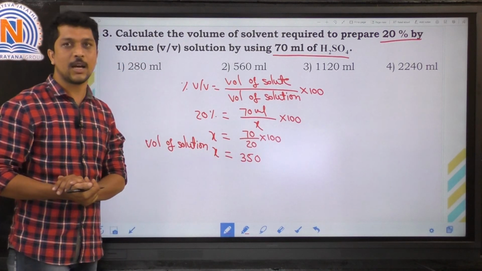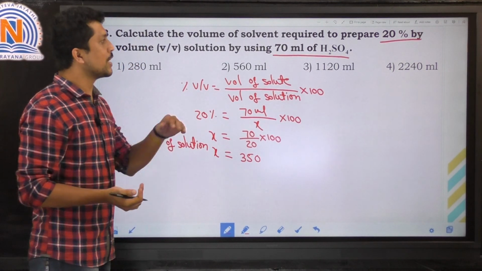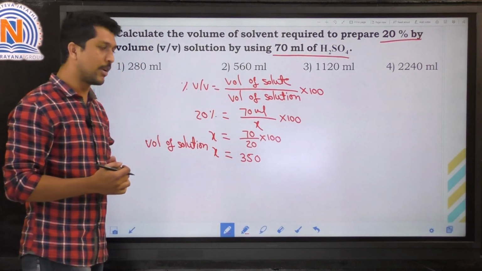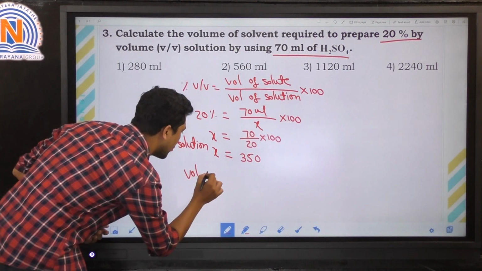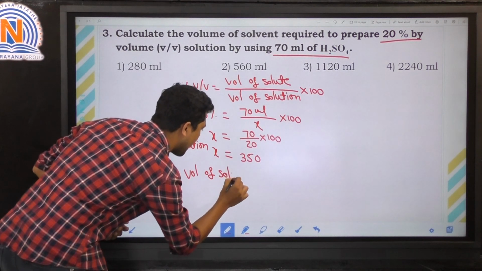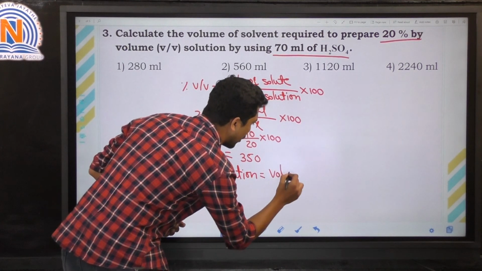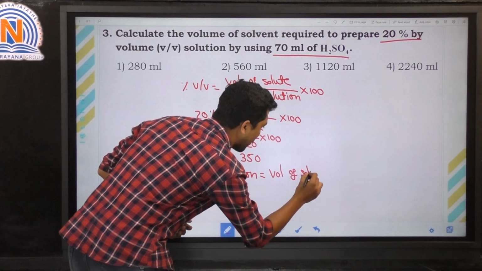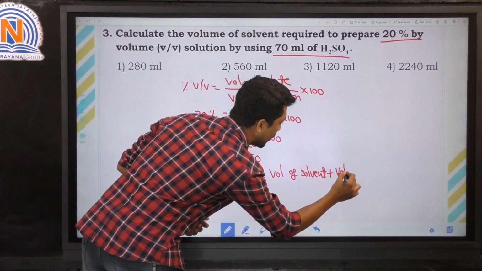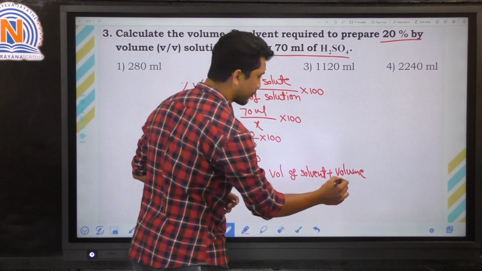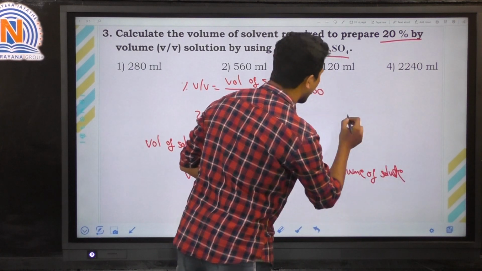Now we need to find how much amount of solvent they have used to dissolve the 70 ml of H2SO4, right? So we know that volume of solution is equal to volume of solvent plus volume of solute. Then